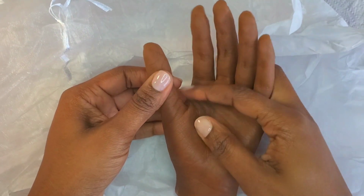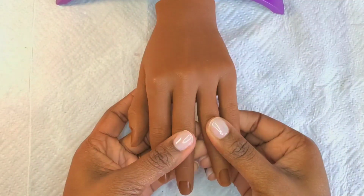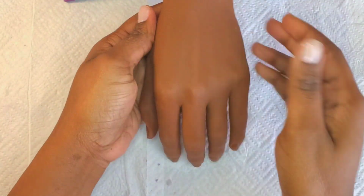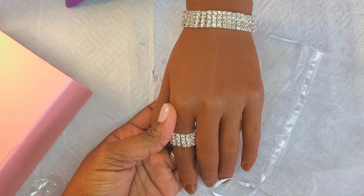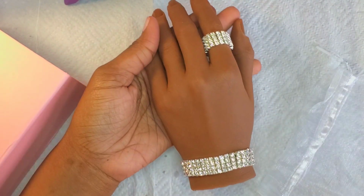It is so weighty, and it's just unbelievably realistic. Like the marks on the inside of the hand, the bending portions of the hand, the depth in the cuticle area. Oh my gosh. I was just playing around with it, trying to see how it looked compared to my hand. I might put a little makeup on the knuckles to darken it out, but I could not spend any more time playing with it. I went right in and got the jewelry on there